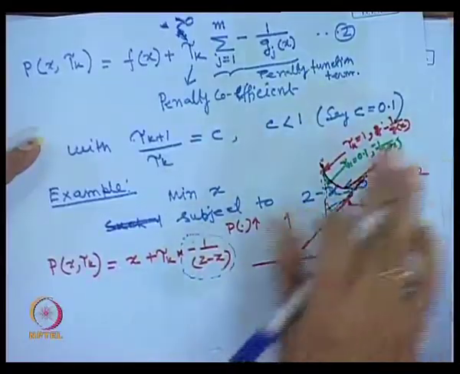Same as the earlier exterior point method, what is the first step? We will select an initial point which must be inside the feasible region. So, select a feasible solution or feasible point x superscript 0, and that must be an interior point